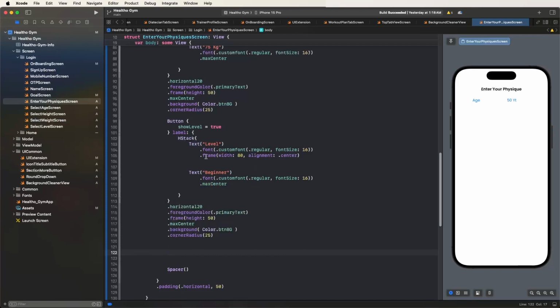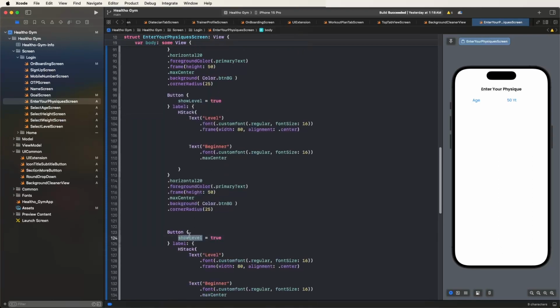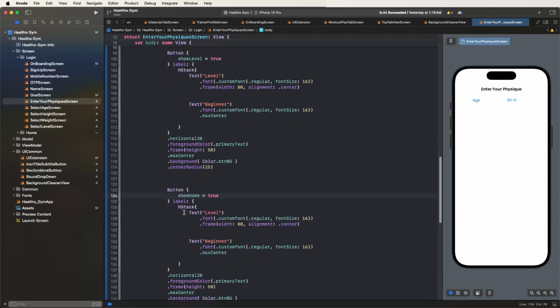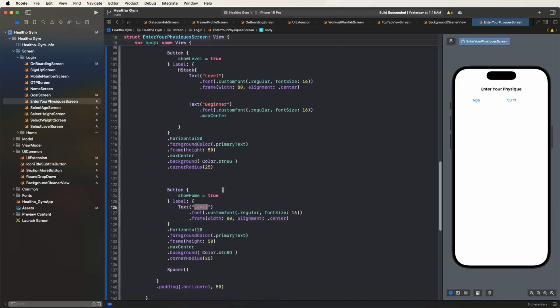I need to copy this data. It's good. Paste this here. Now write down the show home, set it as true, and copy this text. Paste this here, replace with this data, and set the confirm